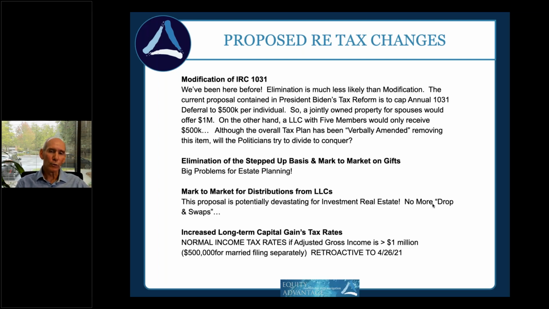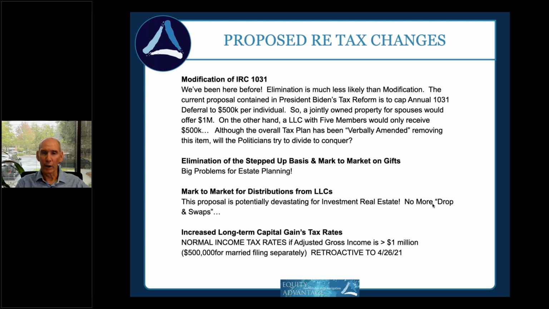The other issue, so 1031's gotten a lot of spotlight, but the increased capital gains is going to be very, very difficult, obviously. The elimination of the stepped up basis. So historically, one of the great things about 1031 was you could swap till you drop. Well, the exchange, and ultimately when you pass, your heirs would receive a stepped up basis on those assets, and they could turn the next day and sell with no capital gains tax.